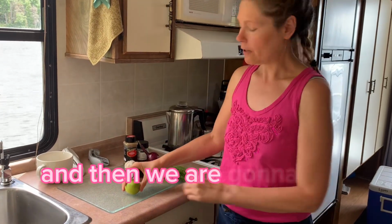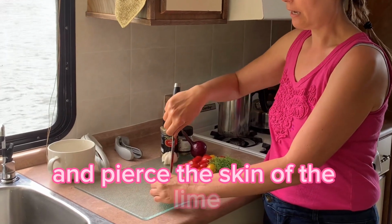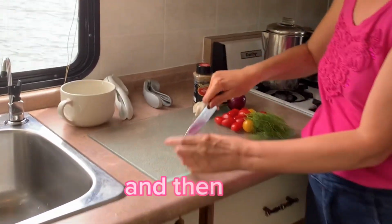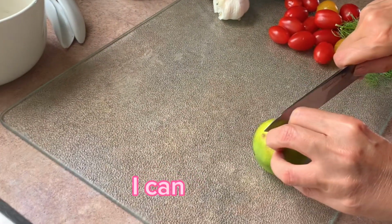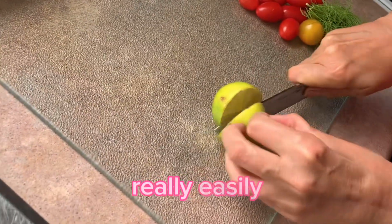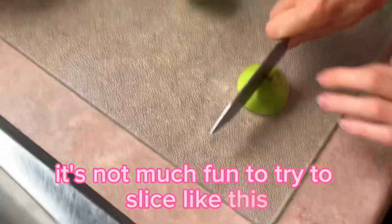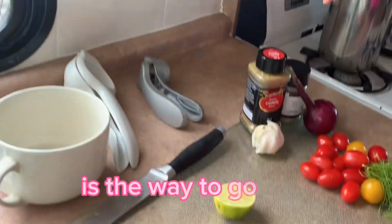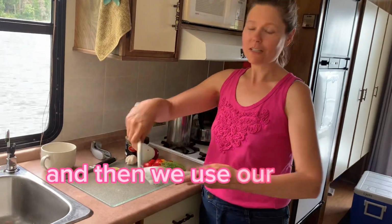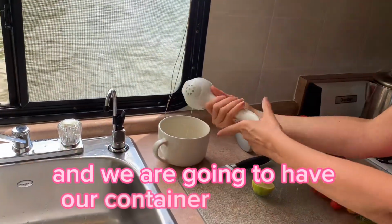And then we are going to take our knife and pierce the skin of the lime. See, I've got that pierce in there. And after that, I can slice it really easily. I'll just show you that it's not much fun to try to slice like this, it doesn't really work. So that piercing is the way to go. Do it. And then we use our citrus press, and we're going to have our container handy and